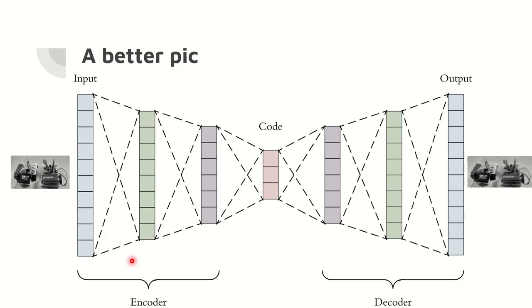A better picture is presented here for your easier reference. I have got the input, it goes to the code here, encoding happens, and it goes to the code here, and then it gets decoded, and we get the output. You can see that this is the degraded version or slightly downgraded version of the input.